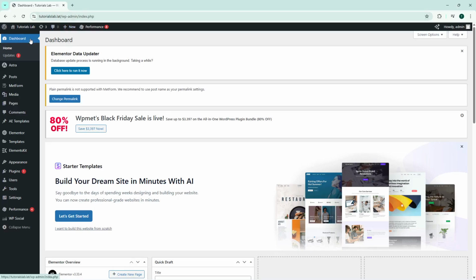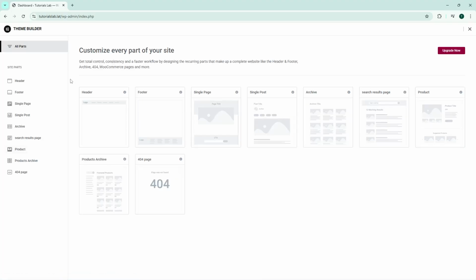In that left sidebar, locate and click on Templates, then select Theme Builder from the drop-down menu that appears. This section is specifically designed for managing your site-wide templates, including headers, footers, and other structural elements that appear across multiple pages. Once you're in the Theme Builder area, look for the Add New button positioned at the top of